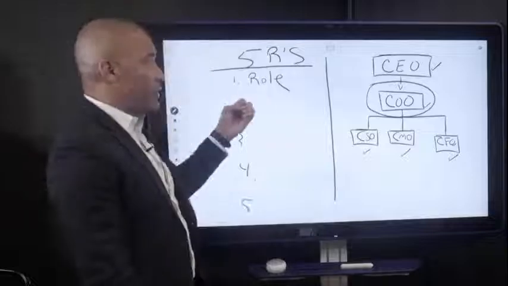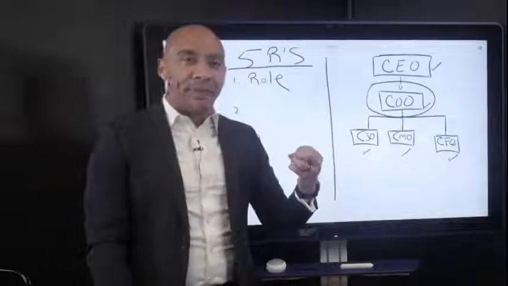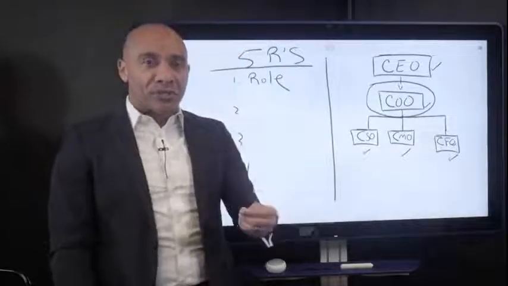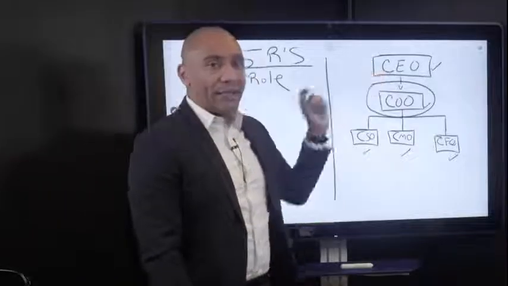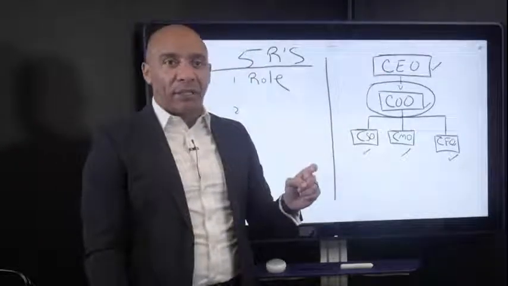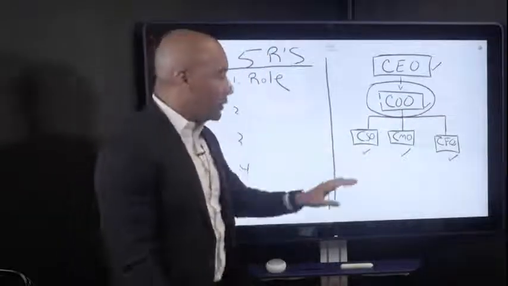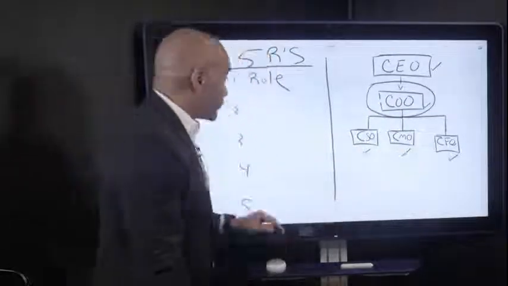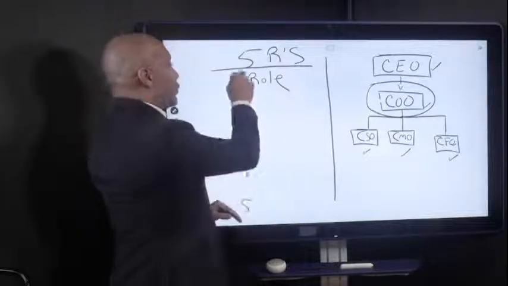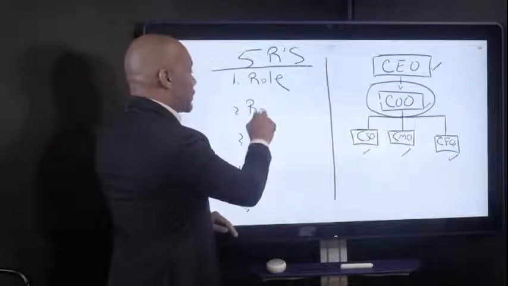So the first R is the role. You have to be able to understand what your role is as the CEO of your company. What is the role of your operations division, even if you ain't got people? Your sales, your marketing, your financials. Once you understand the role, now you can start